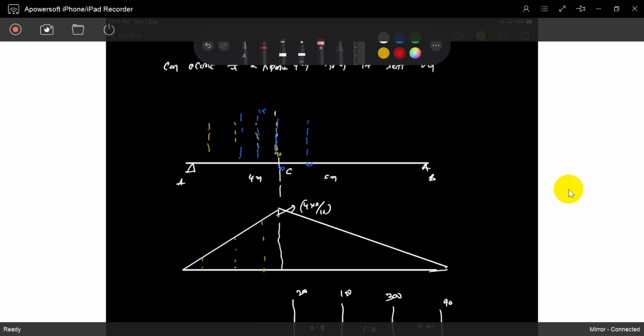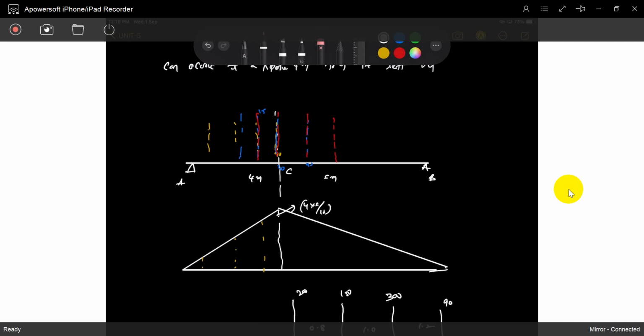So 90 here, 300 here, 150 here, 200 here. Is it okay, is the average load on CB equal to the average load on CA? Sir, okay or not okay? How can I say, sir? That's the question. So you can observe it. When the load passes that section, compulsorily some loads are on CB and some loads are on CA. Then only it balances. So we will check it for every load. If one load is passing, we will check the load on the span.